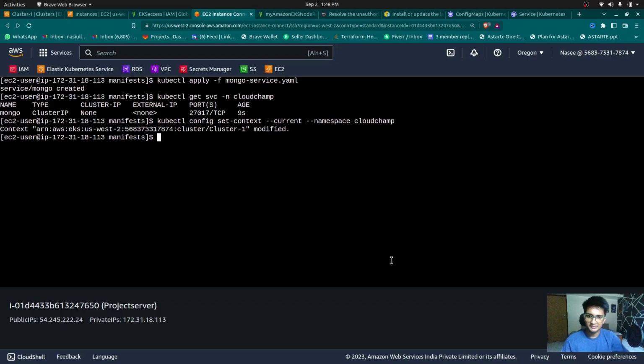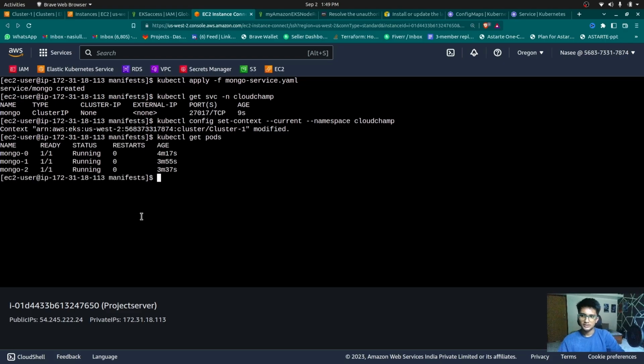Okay, so this will set CloudChamp as a default namespace, and if I do kubectl get pods now, it should show me the pods in the CloudChamp namespace only. Okay, now everything is done. We have our pods ready. We also have our service ready, and all we need to do is